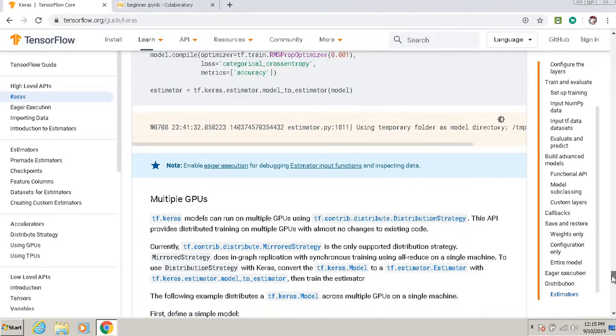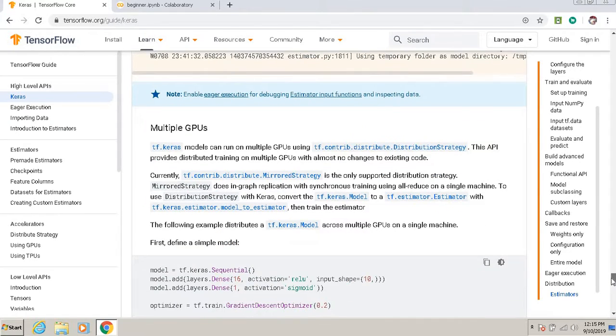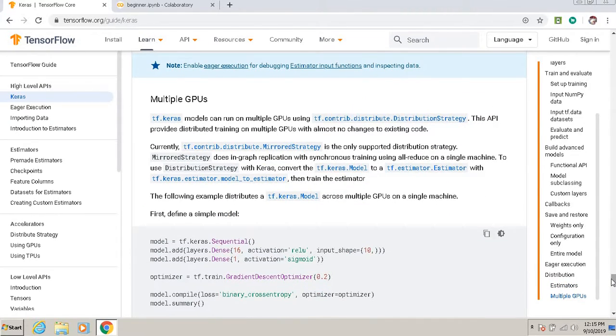Now multiple GPUs. What is a GPU? GPU is a graphical processing unit. If you are using data which has high graphics, you use multiple GPUs. A tf.keras model can run on multiple GPUs using tf.contrib.distribute strategy.